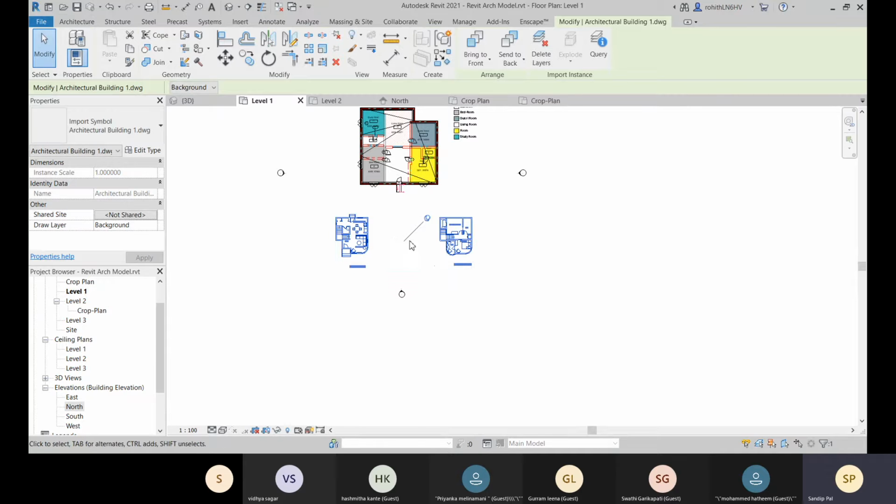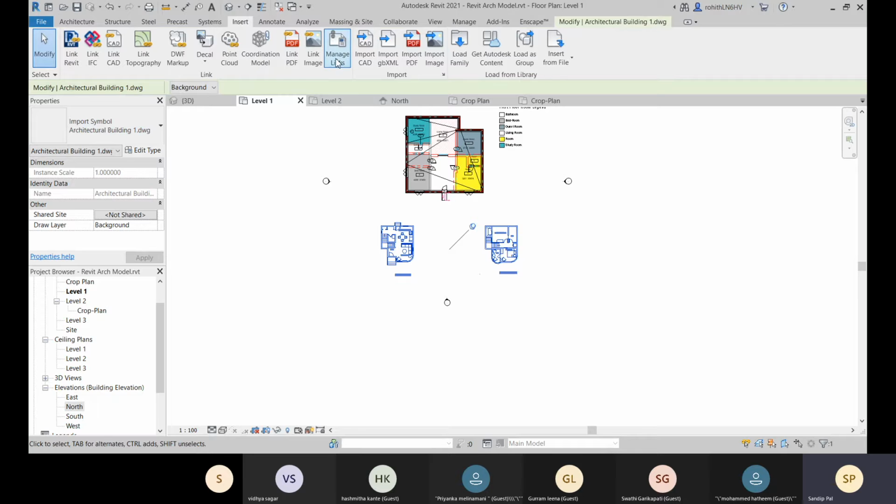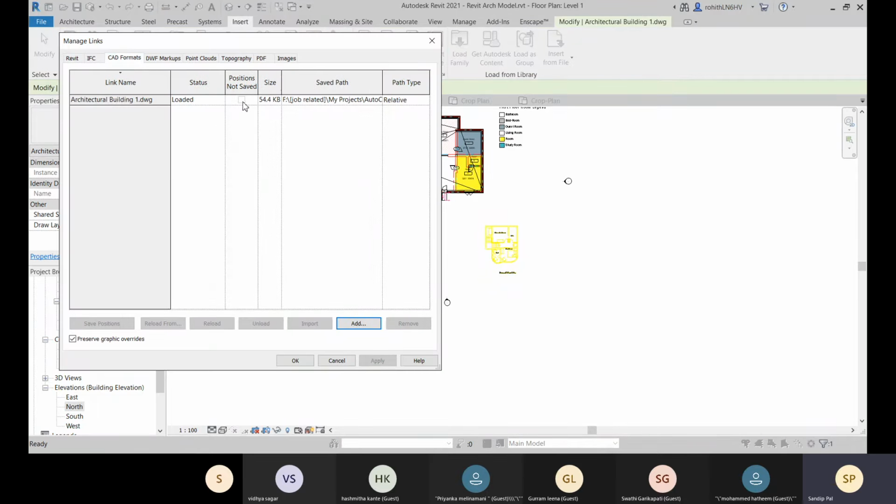Okay, there is no chance for an accident to happen. All right. Now come to this manage link option, and you can manage this link, and now you can see the status is loaded right now, and the size and where it is saved, the path is relative.